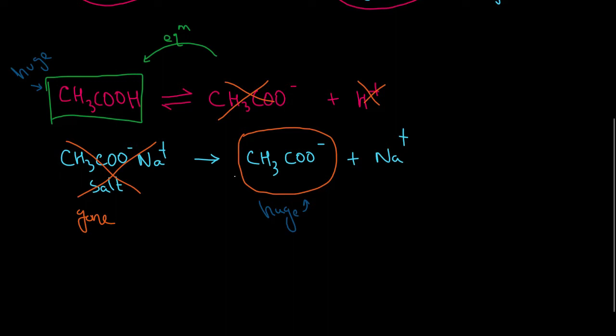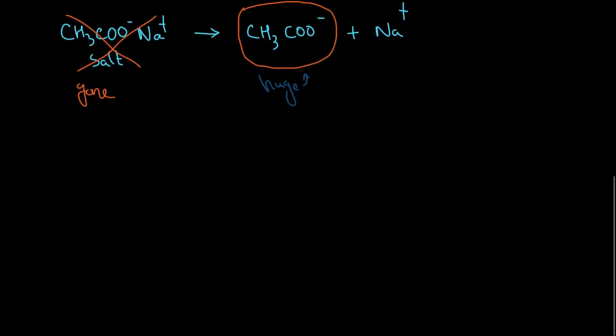So I have a huge amount of the ethanoic acid, which is the weak acid, and I have a huge amount of the ethanoate ion. So what happens is, now let's talk about the mode of action of the buffer. So the mode of action. So now,